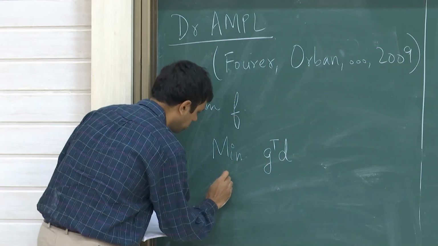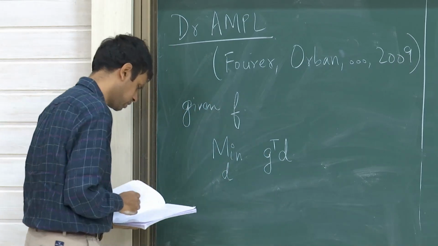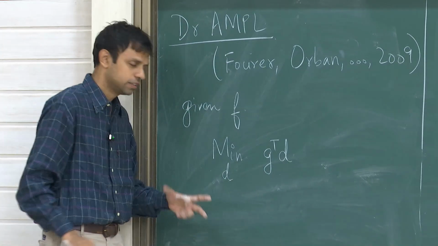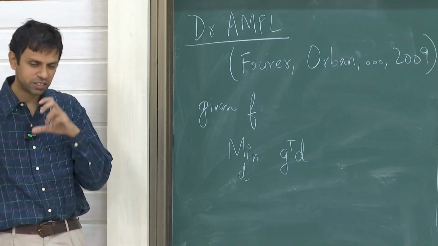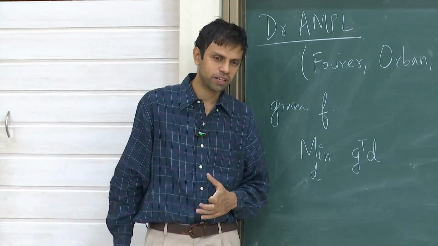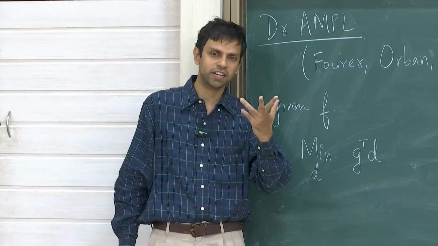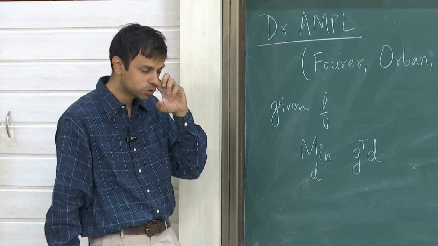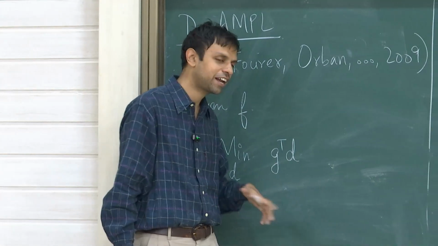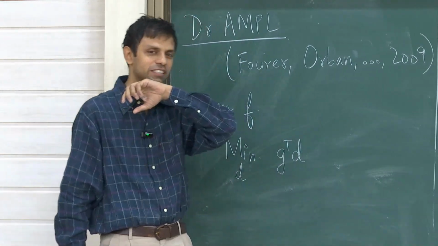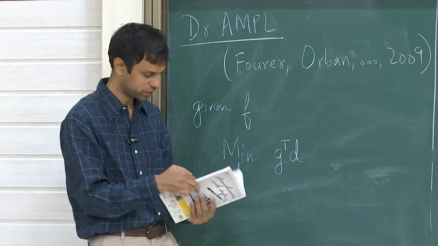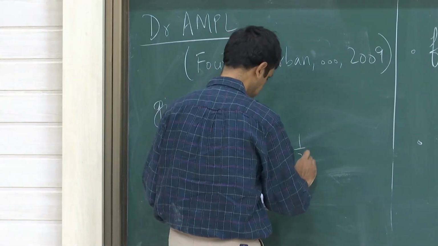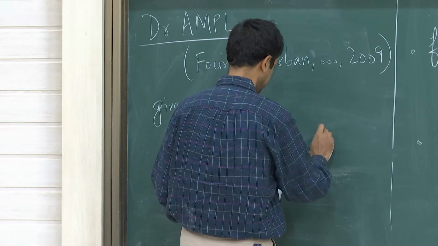This is a minimization problem in d, where d is the direction. Remember that things are not positive semi-definite when we can find directions of negative curvature. So instead of trying to find eigenvalues or some such thing, we can directly try to find directions where the curvature is negative. So what they propose is solving this problem, d transpose